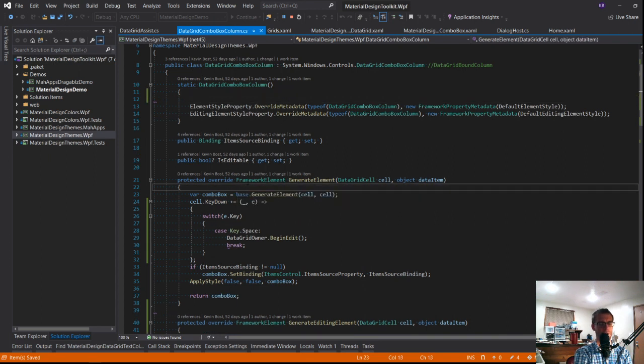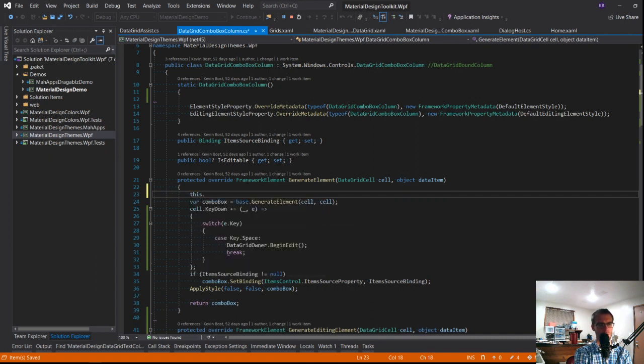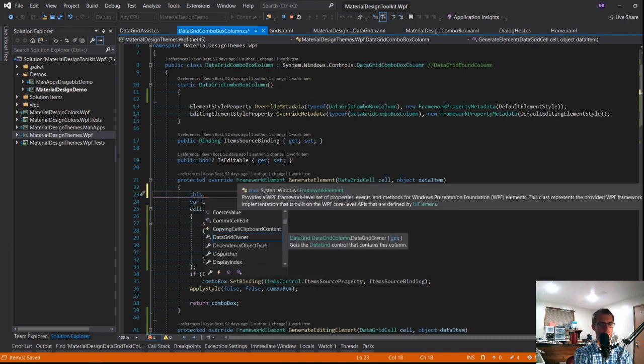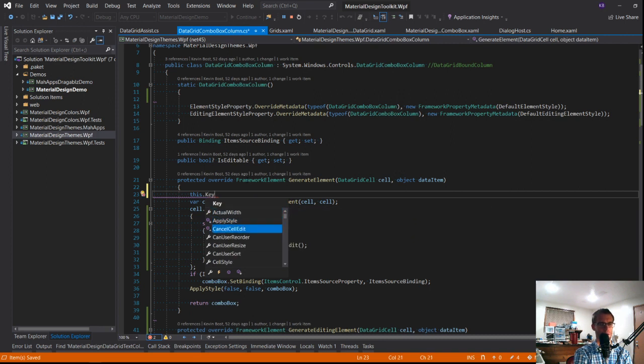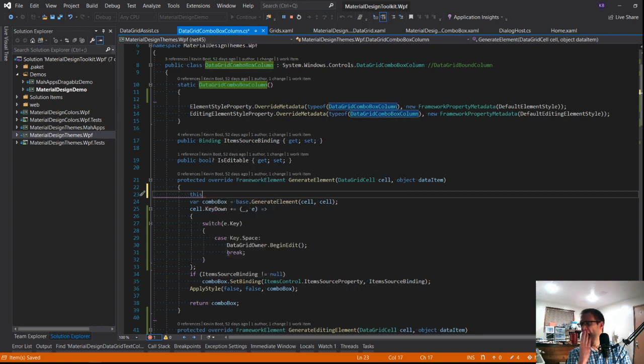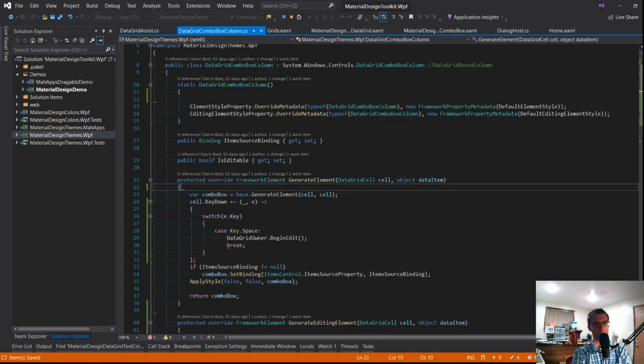The question really is just, how should it go about doing this? Because if we just register up the key down handler on this cell like this, this is horrible for virtualization. It's going to memory leak like crazy. We need a better way of handling it.